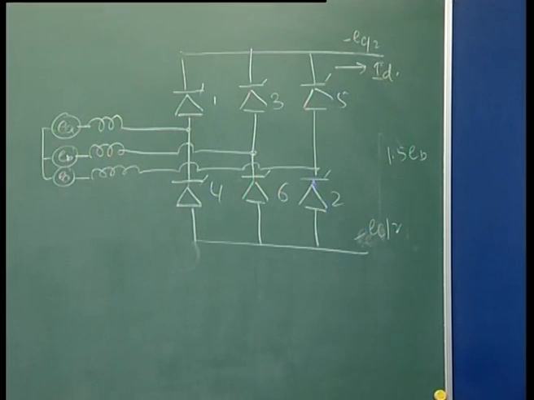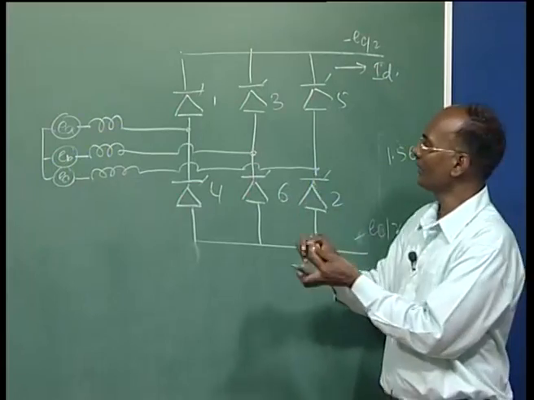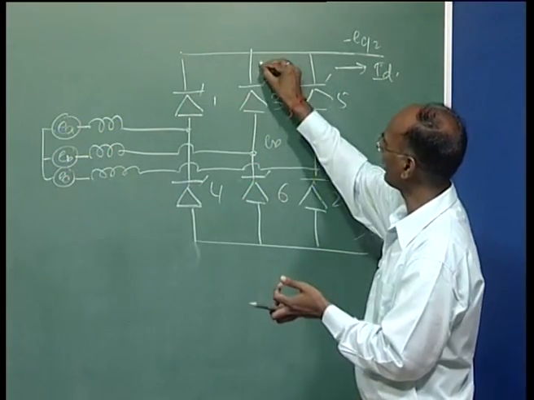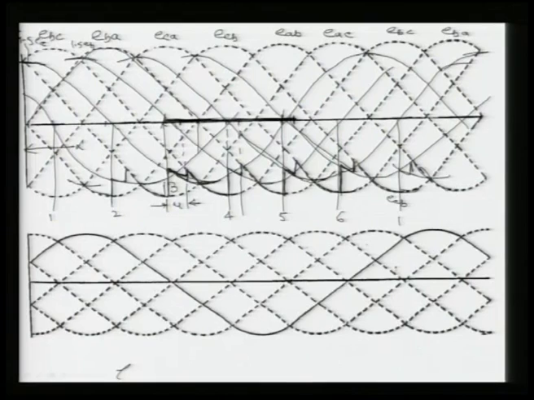Now, commutation is over, means the voltage across this is here it is EB, here it is EC. So, EBC will appear, and now you can see where is EBC. Your EBC here, this is a CB, it is not EBC. So, where is this EBC? This is down. So, this will be here, this is the EBC. You see, this is your EBC here. So, it will continue till